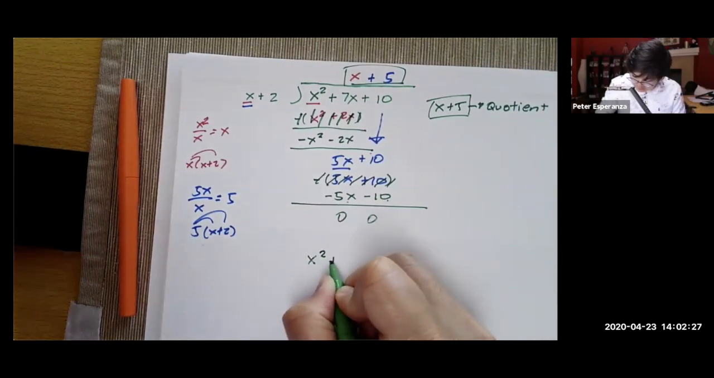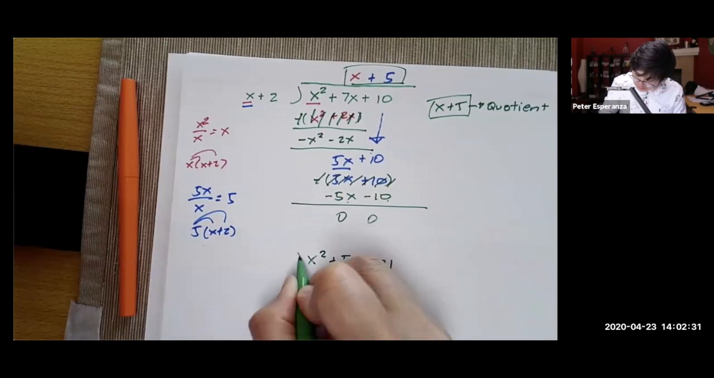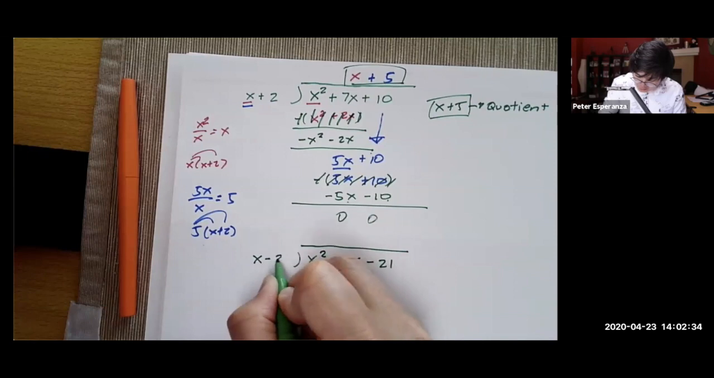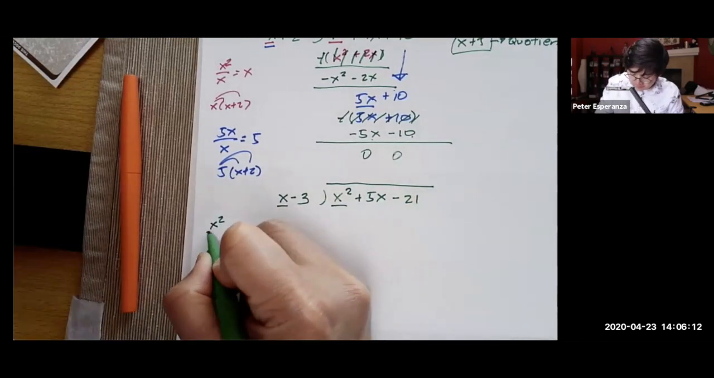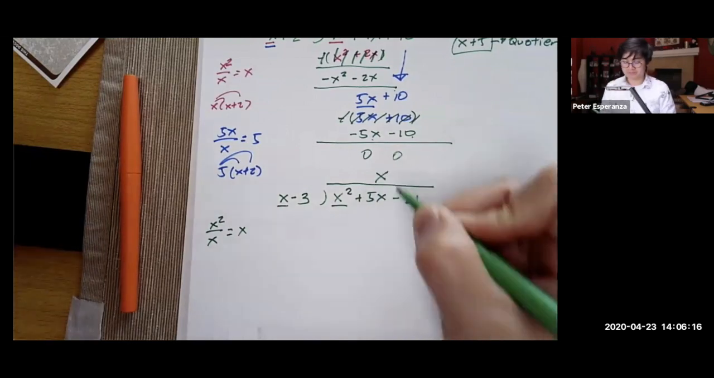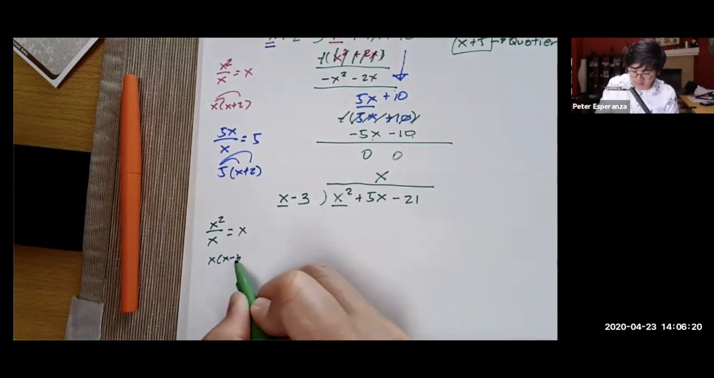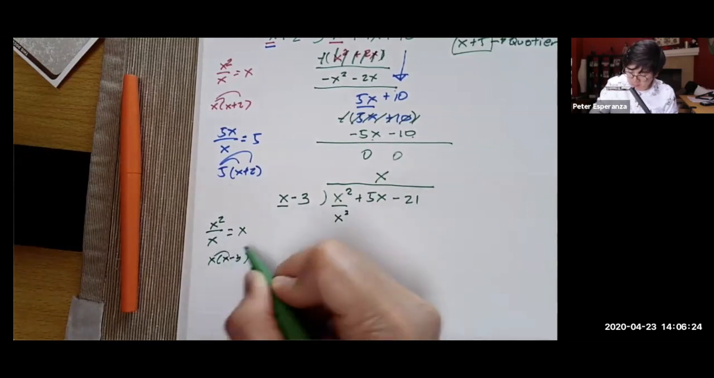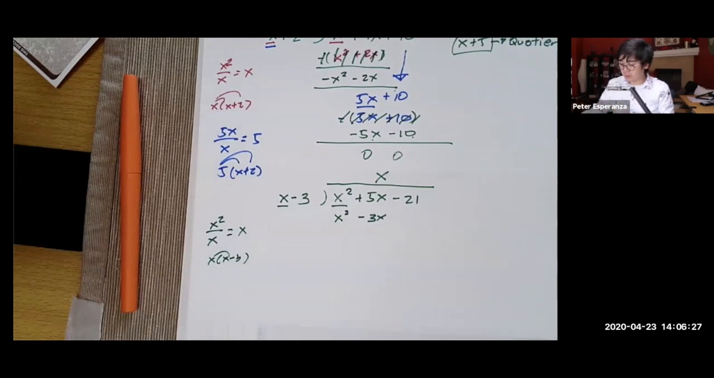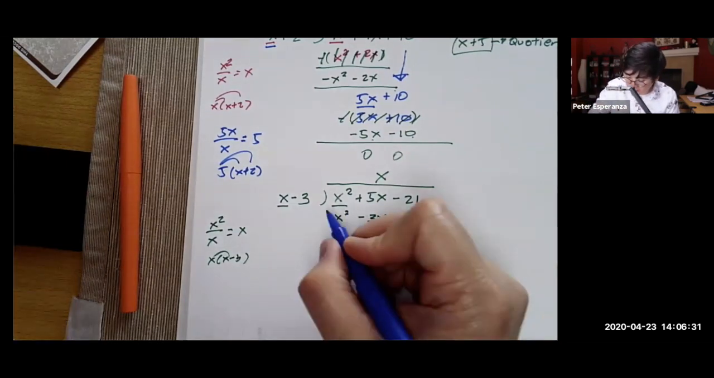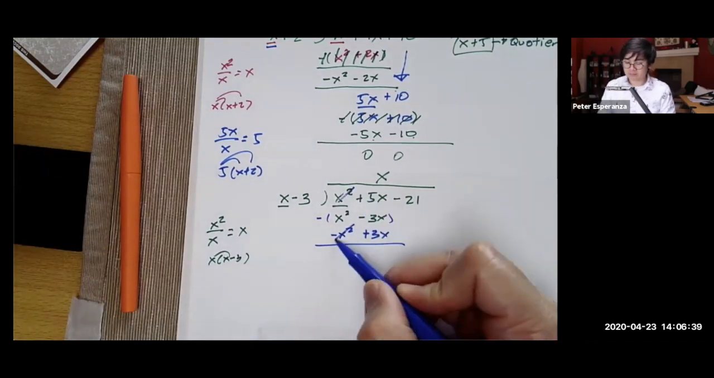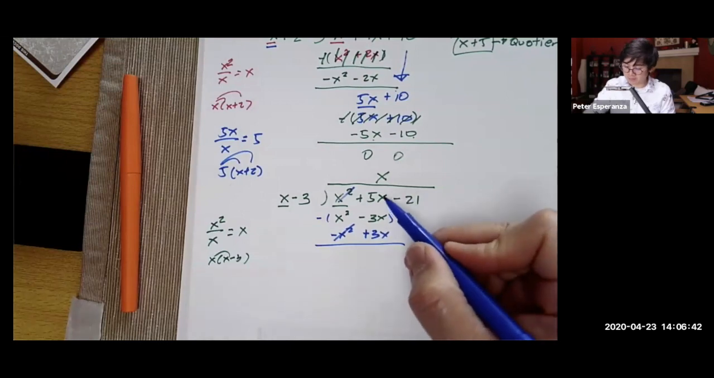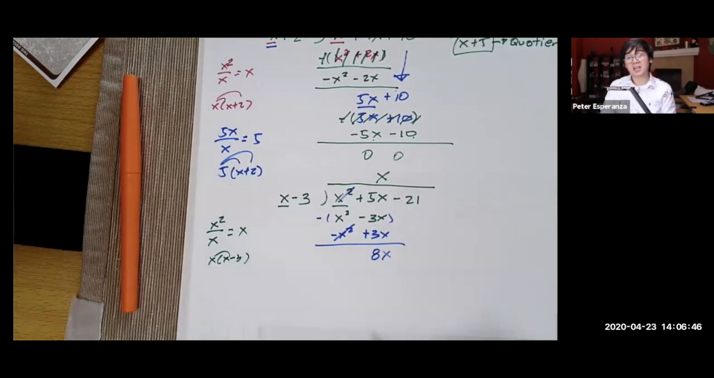X squared plus 5x minus 21 by x minus 3. Okay, do that. Okay, so x squared and x is equal to x. I'll write x here. And then I will multiply x with x minus 3, which gives me x squared minus 3x. And then I'll have my new polynomial because I need to distribute the negative sign. So this becomes negative x squared plus 3x. This cancels out because x squared minus x squared is 0. Then 5x plus 3x is 8x. Bring down 21. Then for my next move,